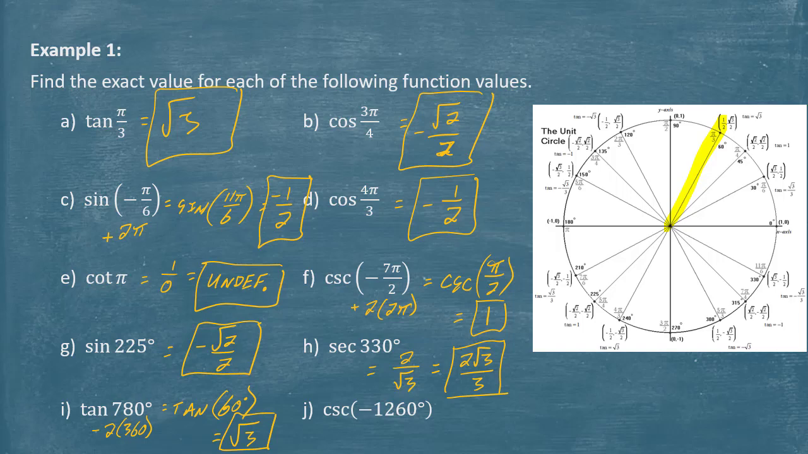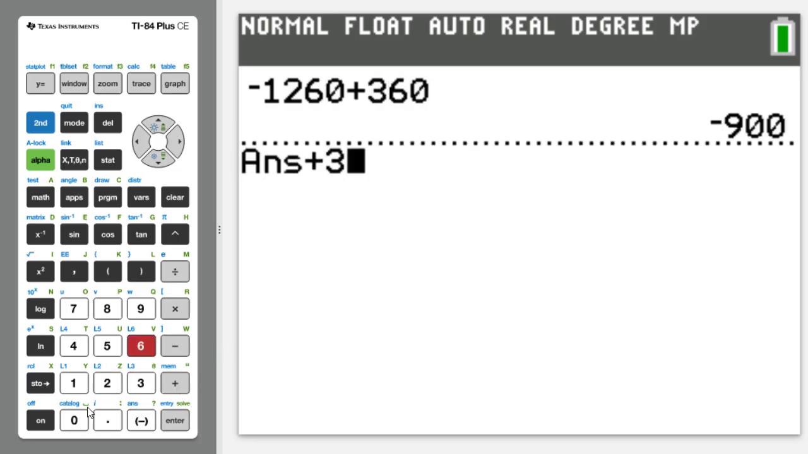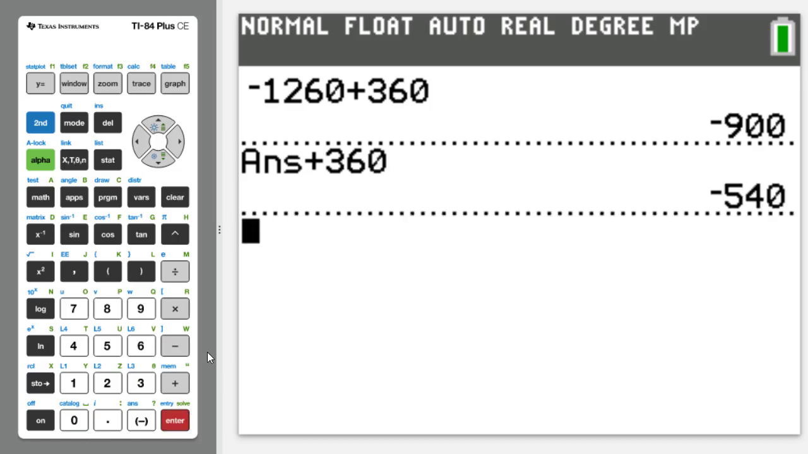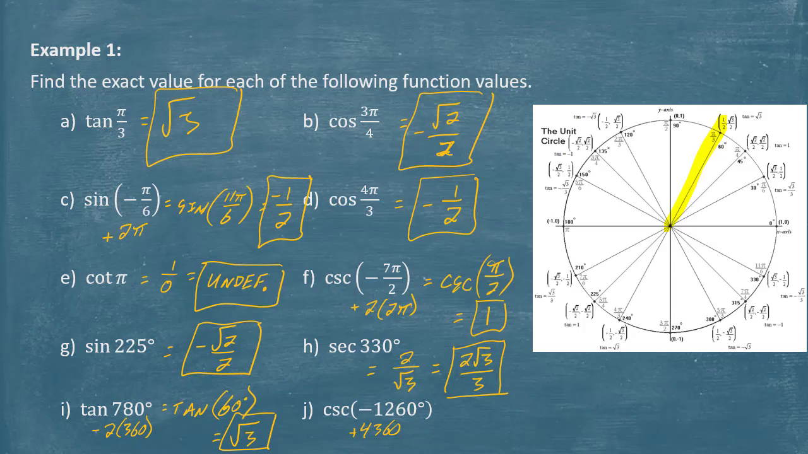And then the last one, negative 1260, I'll probably end up needing to add, I think, 4 360s. And we can go ahead and maybe bring a calculator into that just to show potentially the math behind this. You could also just do repeated addition with 360 until you finally get an angle that works. So notice all I did was just keep the answer plus 360, and now I should just be able to press enter over and over until I finally get a positive angle. The first positive it looks like I got to was in fact 180, so if I go ahead and switch back here,